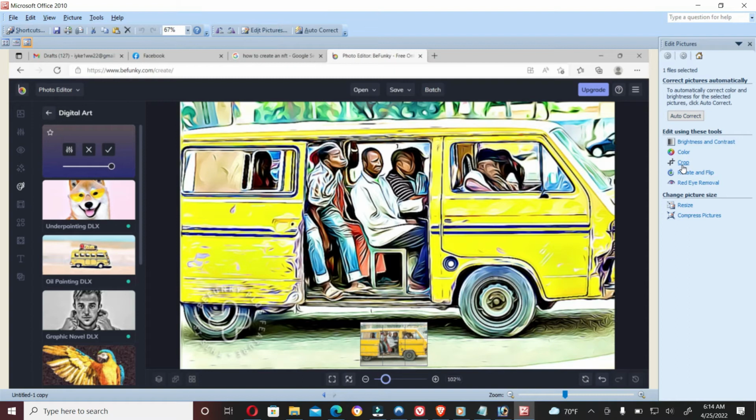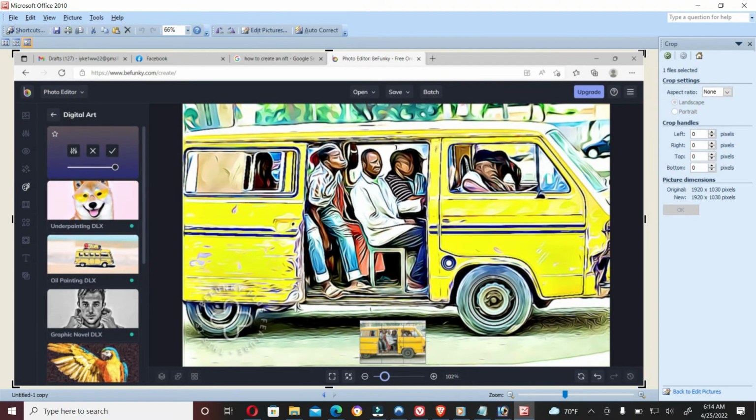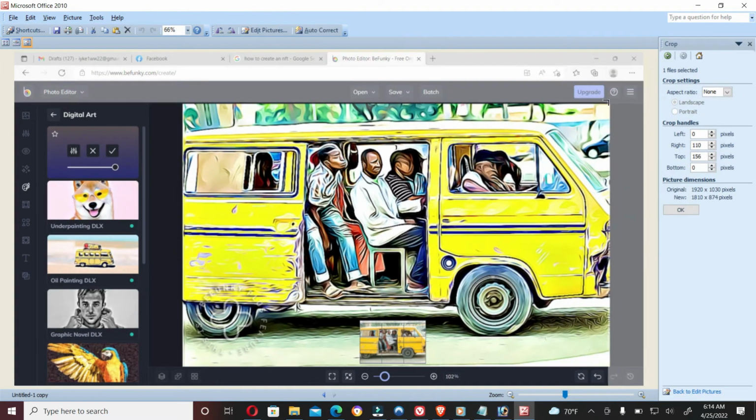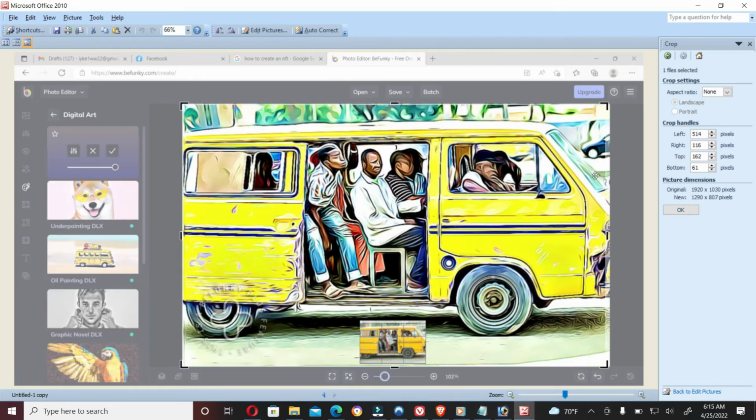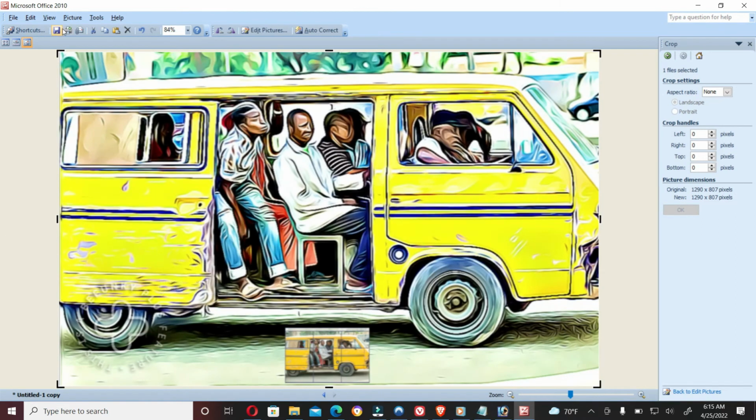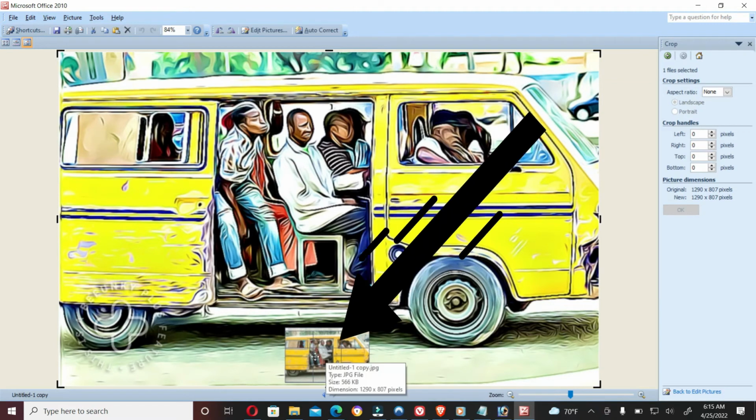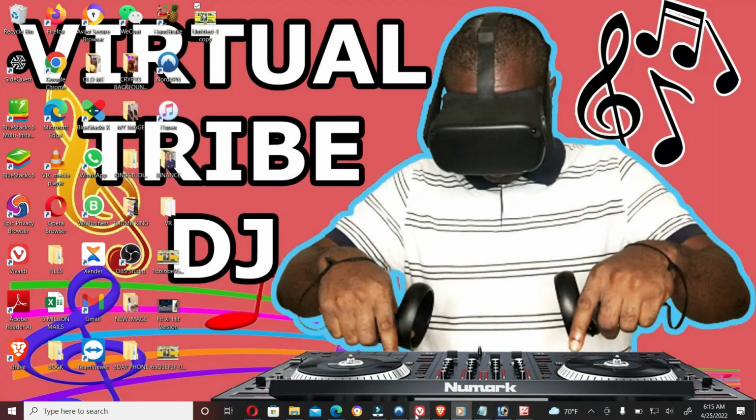Edit, crop. Let's select only the image. Then okay, then save this. But meanwhile, we made a mistake. As you can see, there's this image of the original picture down below here. So I think we're going to go back